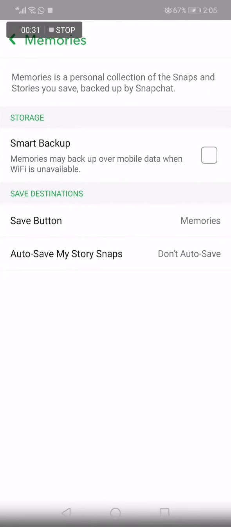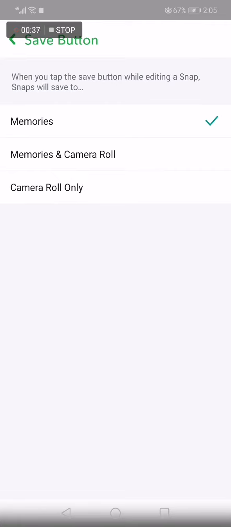Click on memories, and here you will find save button. Click on it, and as you can see now, from here you can manage your save button easy. For example, you can choose memories and camera roll or camera roll only, or you can let it add as